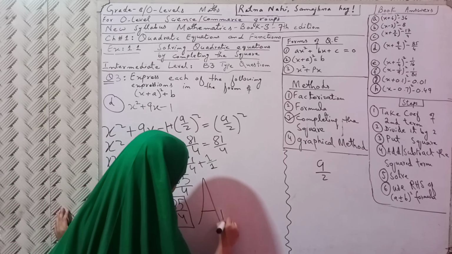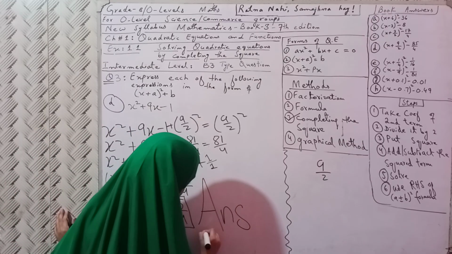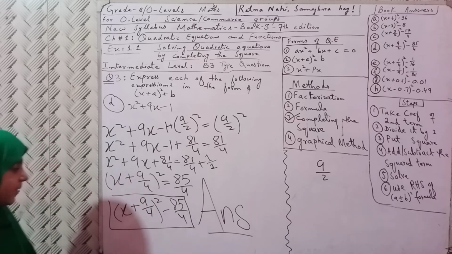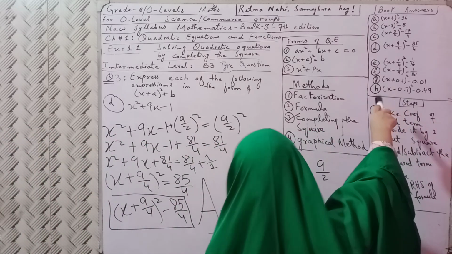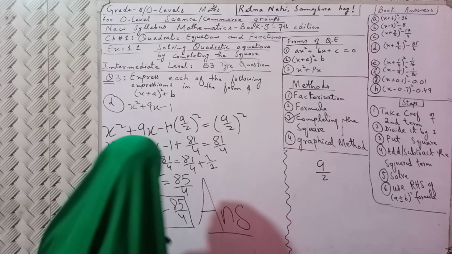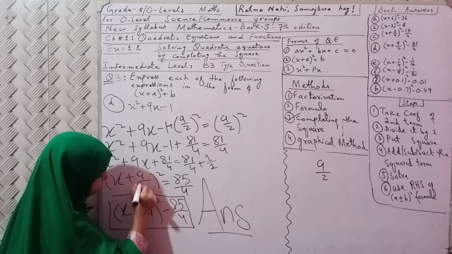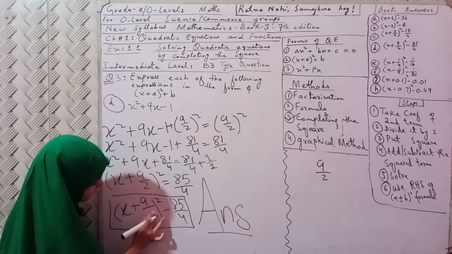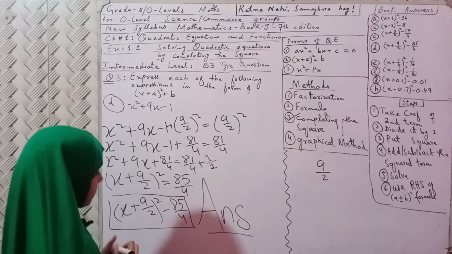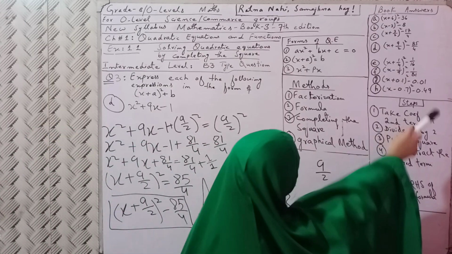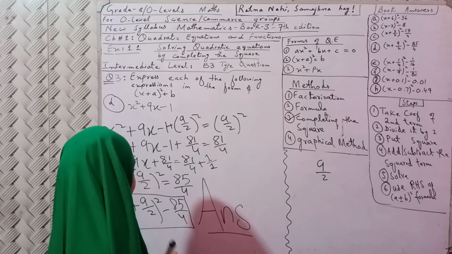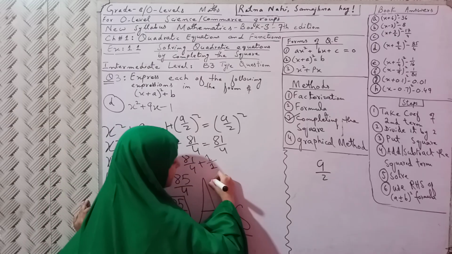So, the book answers are written. You can check it. X plus 9 upon 4 whole square. X plus 9 upon 4, not 2, sorry. 9 upon 4 whole square minus 85 upon 4. It simply means this is